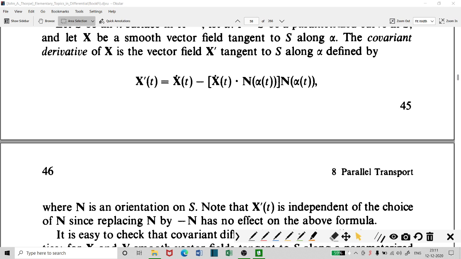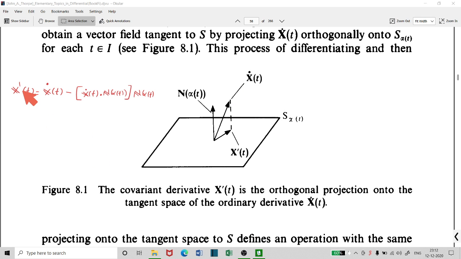Okay, so what is the geometrical meaning of this? You take the usual derivative, then subtract some quantity from that derivative. This is the definition: X prime of t is equal to X dot t minus X dot t dot n of alpha of t times n of alpha of t. So this is the definition of the covariant derivative. The geometric meaning is that if you take the usual derivative along alpha, then we subtract this quantity from